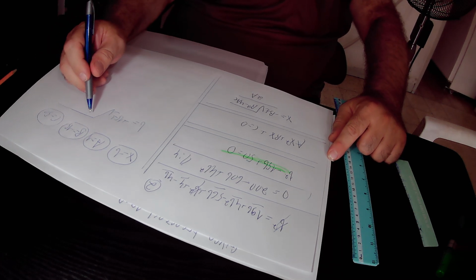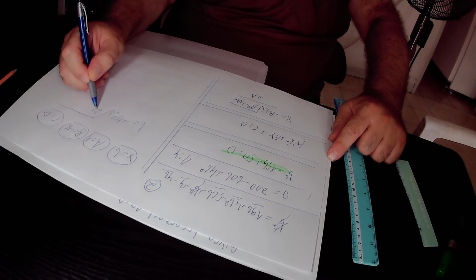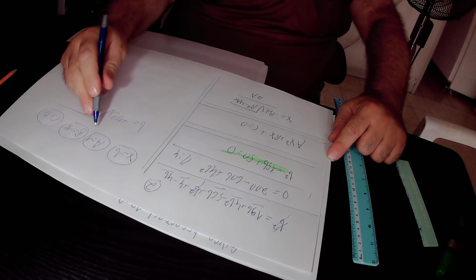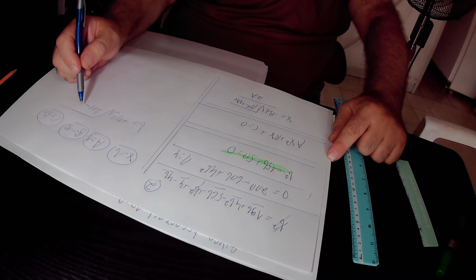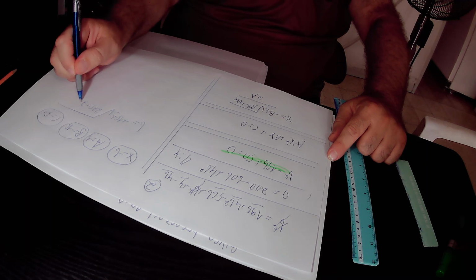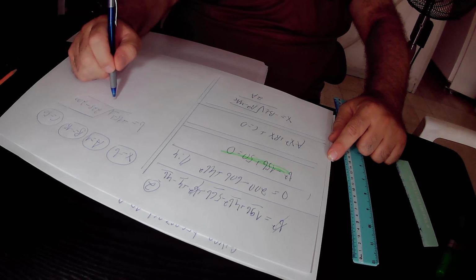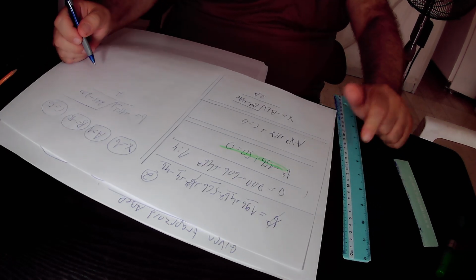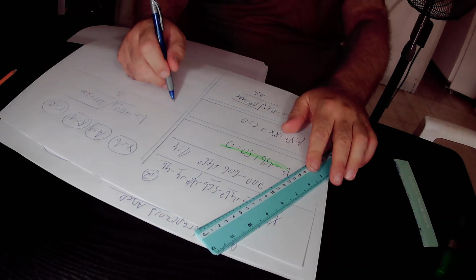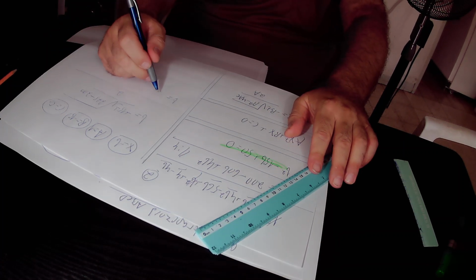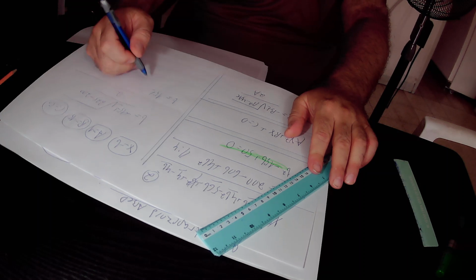B is minus 15, therefore B squared is 225, minus 4 times a, which is 1, times c, which is 50, so minus 4 times 50 is minus 200, divided by 2a, which is 2 times 1, that is 2. So in total we found that b equals 15 plus minus